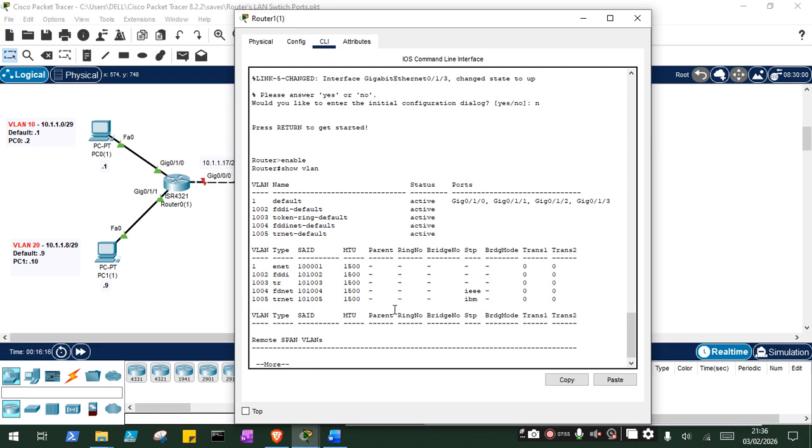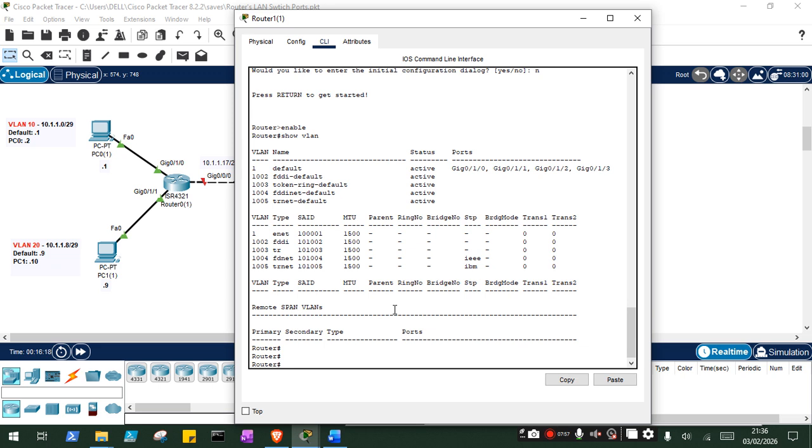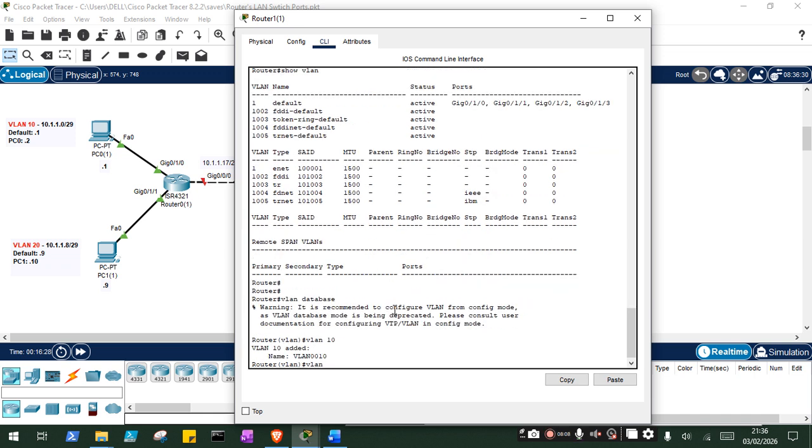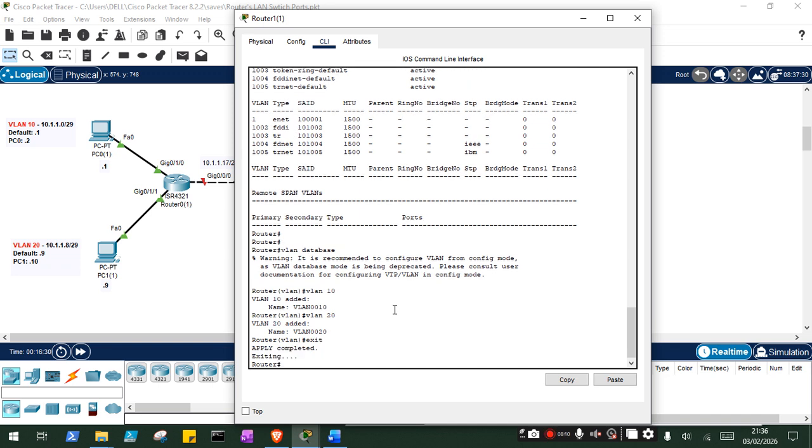I reloaded the switch, so I wanted to just check if there were any configurations. VLAN database, VLAN 10, VLAN 20, exit, config terminal,